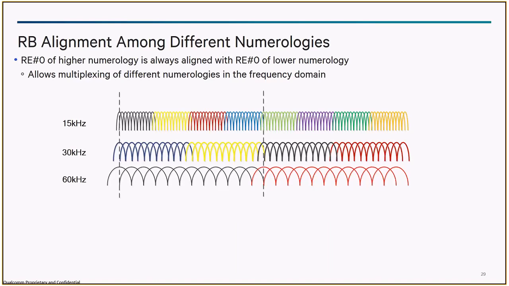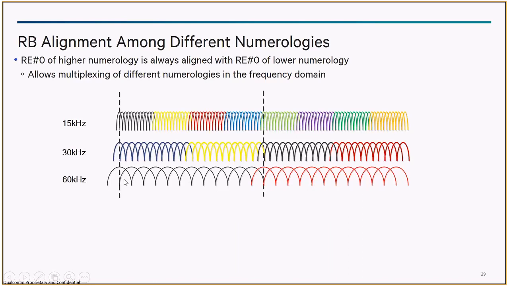The challenge that is going to come is that in a 30 kilohertz channel, the 15 kilohertz already 2 REs have come into play. The nulls and the zeros would not align very well, and it would create interference for the UE. It can even become worse between 15 and 60. For example, the peak of the second channel is still probably in a high zone of the 60 kilohertz. So this is one of the key challenges that you are going to face as a UE in NR.